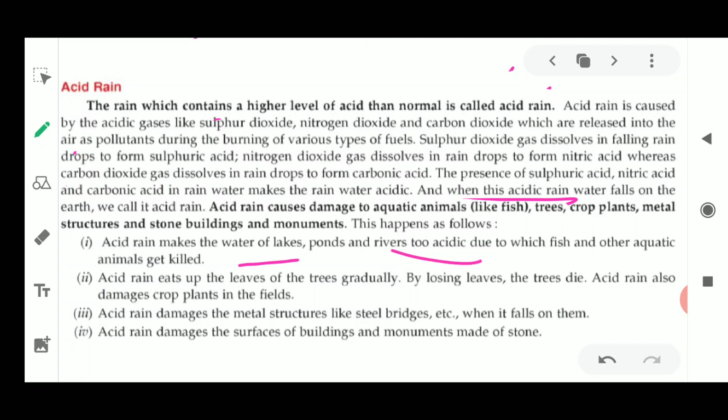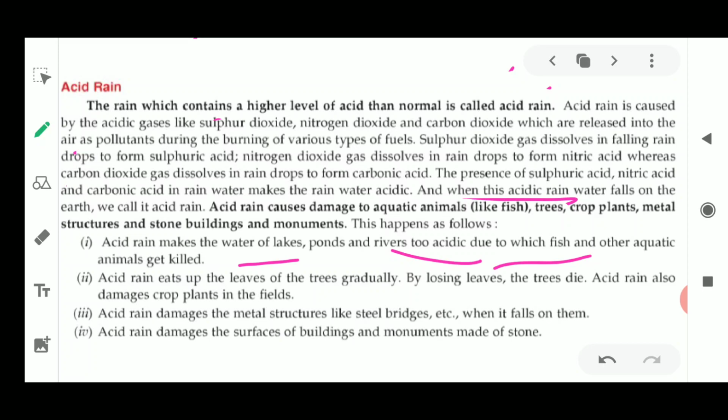Because rainfall is happening over each and every object. It is not going to happen only in the forest area, or only in the land area. It is not going to be poured only in the water. From the land also the water is running off and mixing with the rivers and the ponds, which is making this water too acidic for the fish to live in.